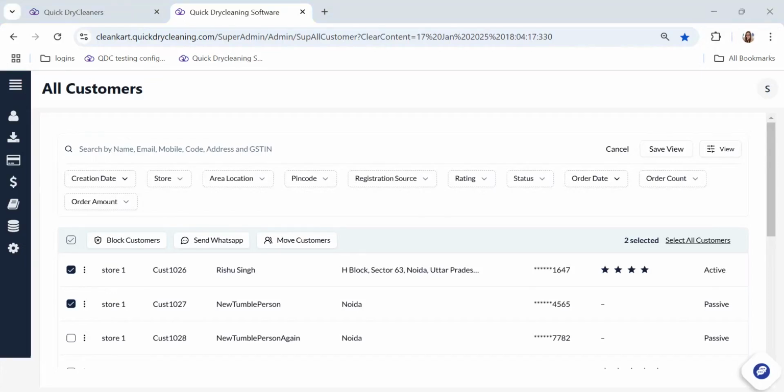With the growth made, the WhatsApp bot of QDC, you now have the option to send marketing WhatsApp messages to your customers. These messages must be pre-approved by Meta before they can be sent. Once approved, you can view all of these messages in the super admin or at the store level in the